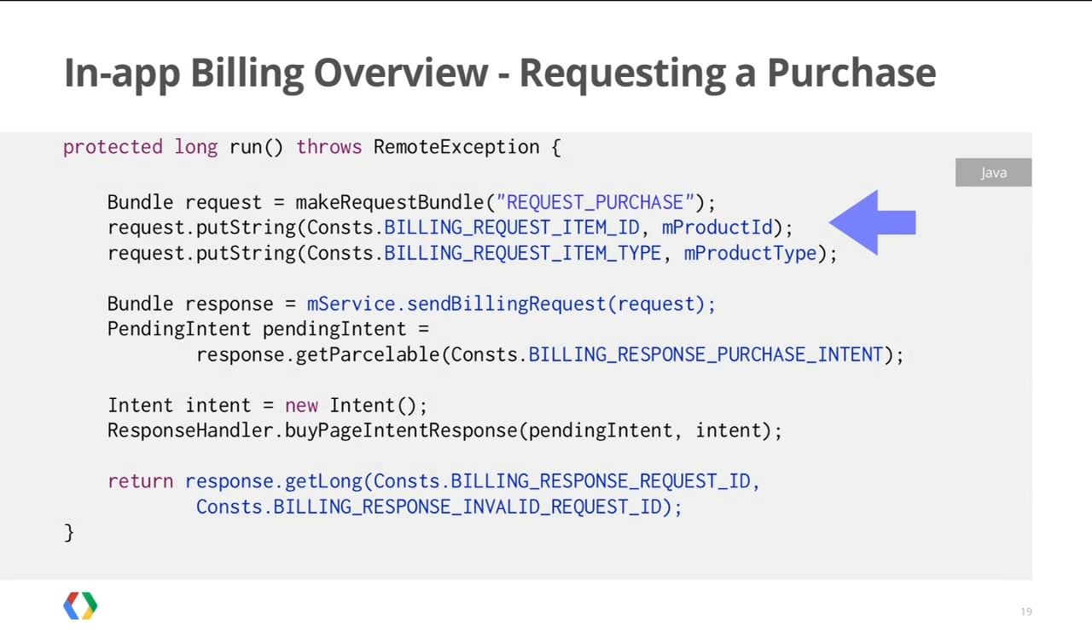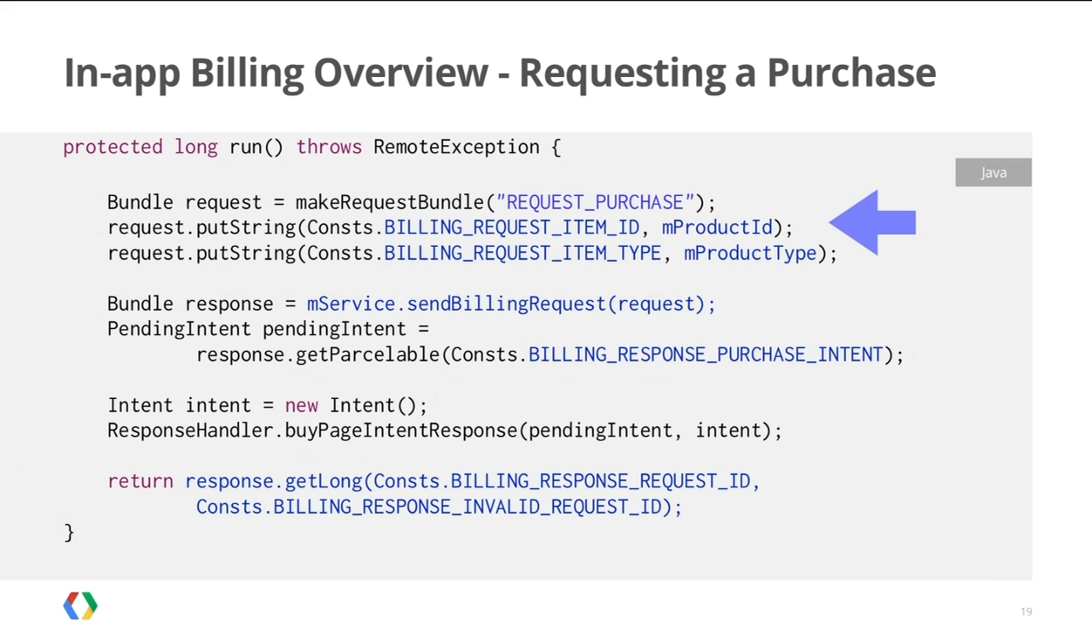The first section is setting up that request purchase. You put in a product ID, and you also put in a product type. Product type would be either an in-app or a subscription. We'll talk about subscription in a little bit. Once you set up the request